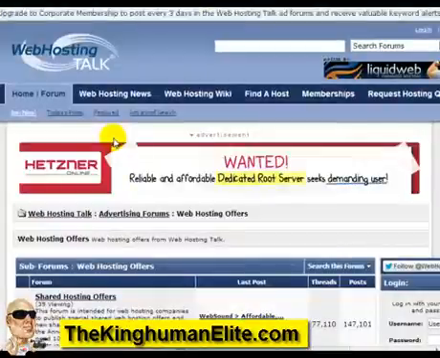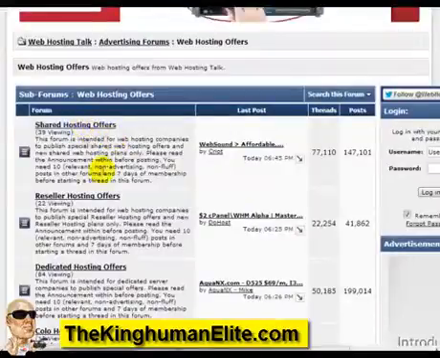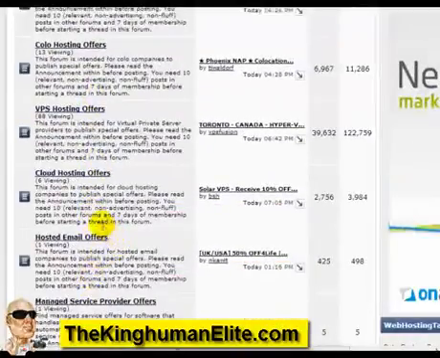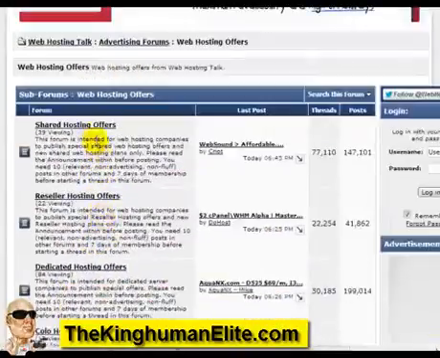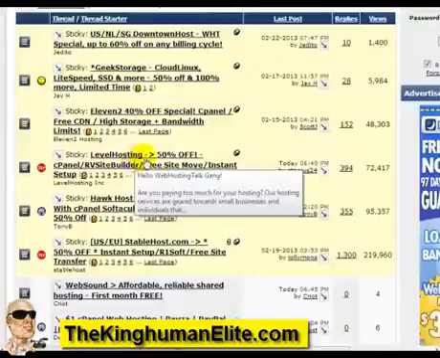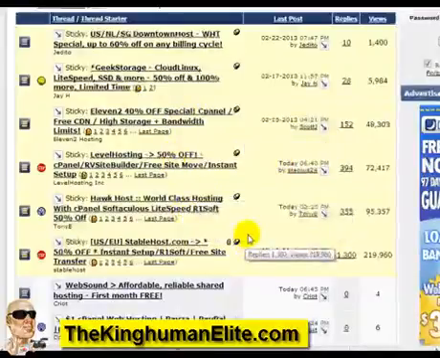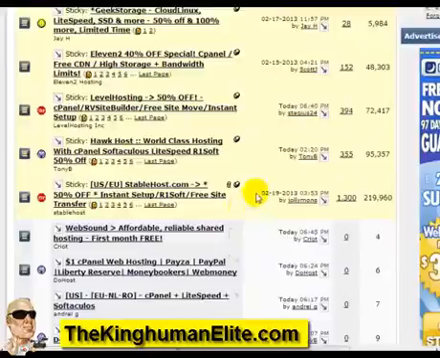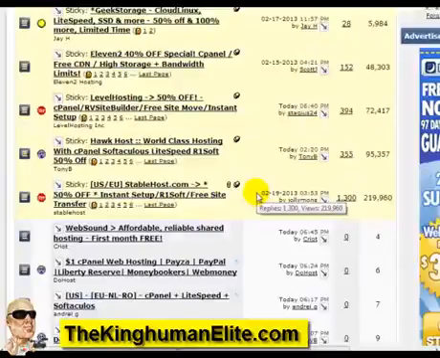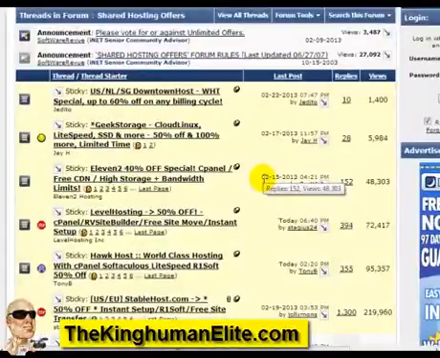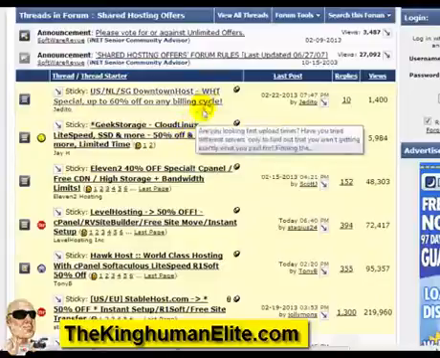So by clicking that link, you'll see shared hosting offers, reseller hosting offers, dedicated hosting offers, and so forth. Now for you, all you need is shared hosting offers. And from this point, you can look through the web hosting offers. You can go to places like HostGator.com that will charge you $4 to $5 a month. That times 12 is, I believe, $50 to $60 a year. If you go through this route, you're probably going to pay anywhere from $10 to $20 a year, which is 50 to